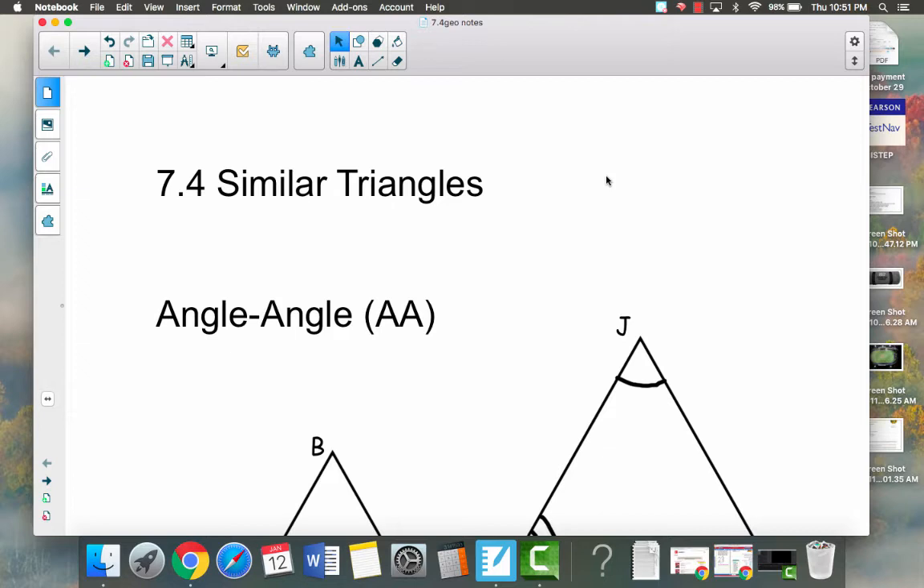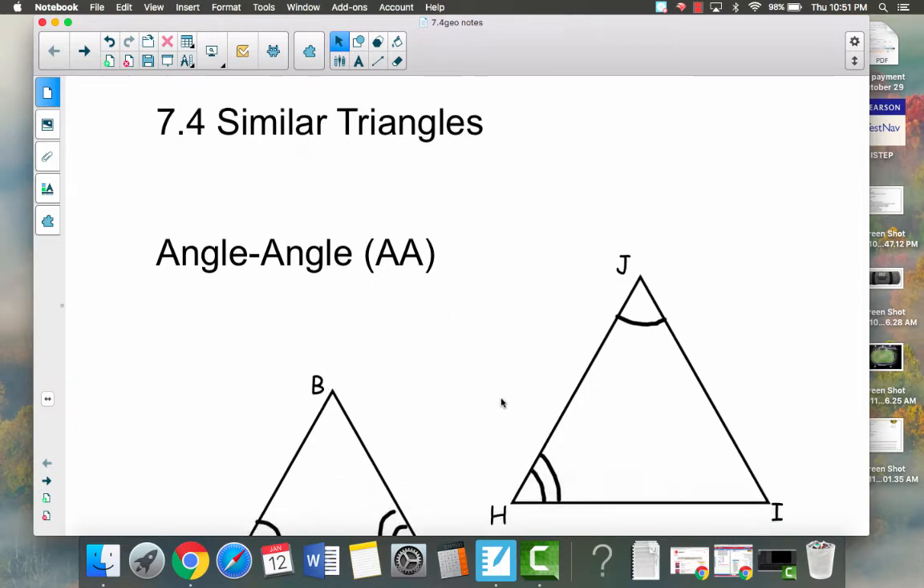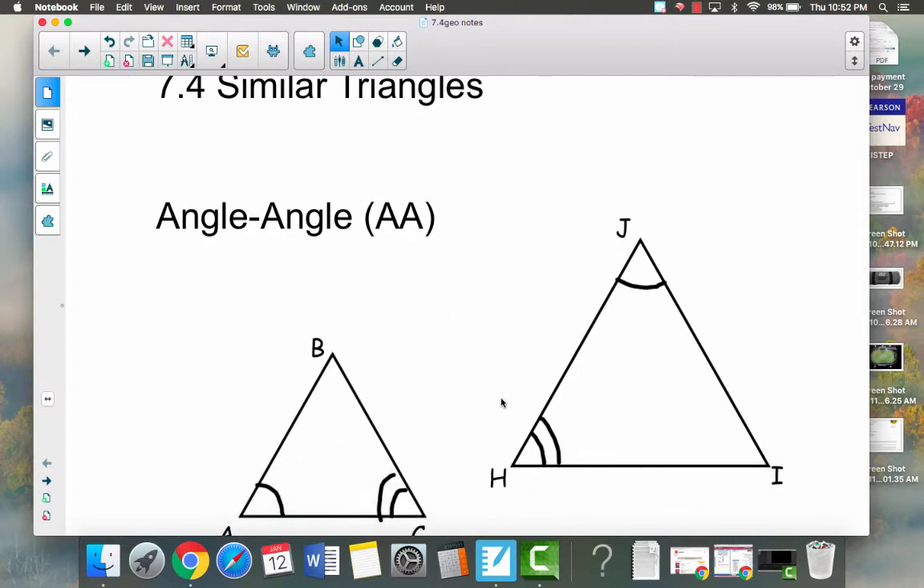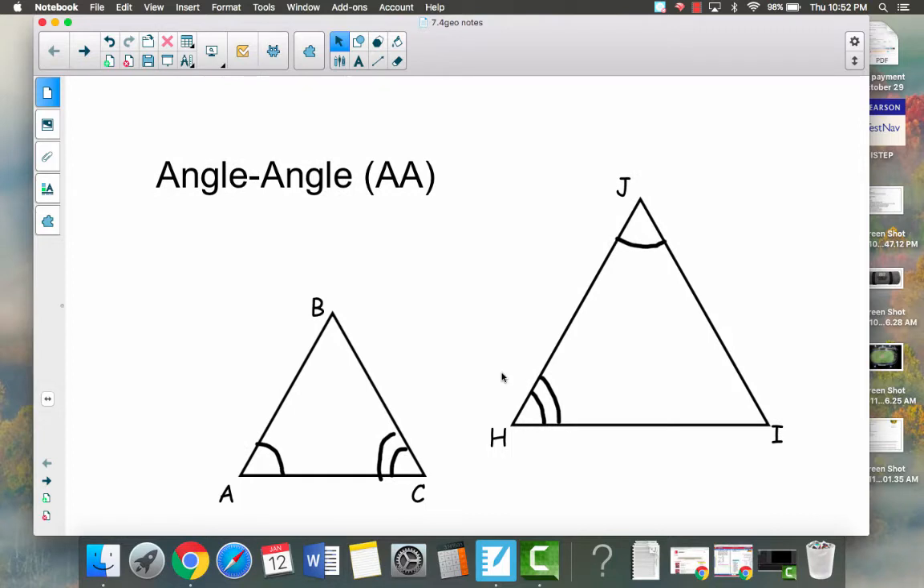So there are three that we're going to talk about. Some of them are going to be new, some of them are going to be familiar. Just make sure you write them down, draw the pictures, and then you should be good to go. So the first one that we're going to talk about is the angle-angle similarity theorem. And this just tells you that if you have two triangles, if two angles are congruent, then those triangles have